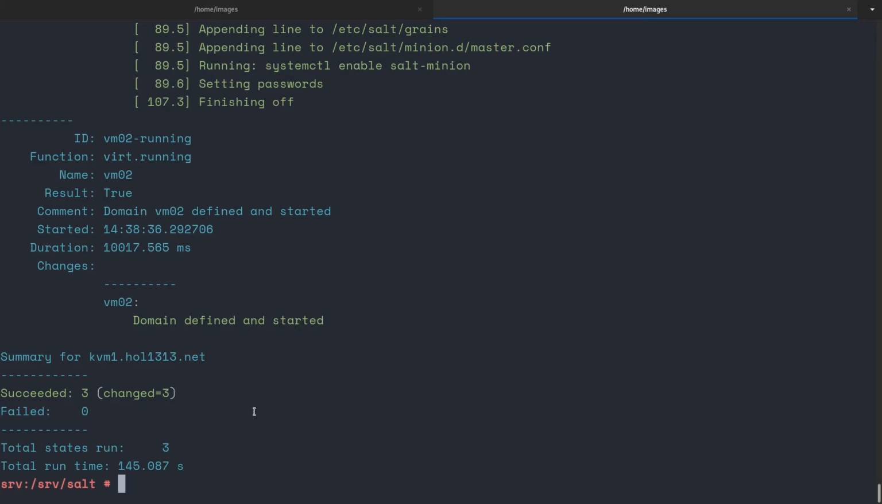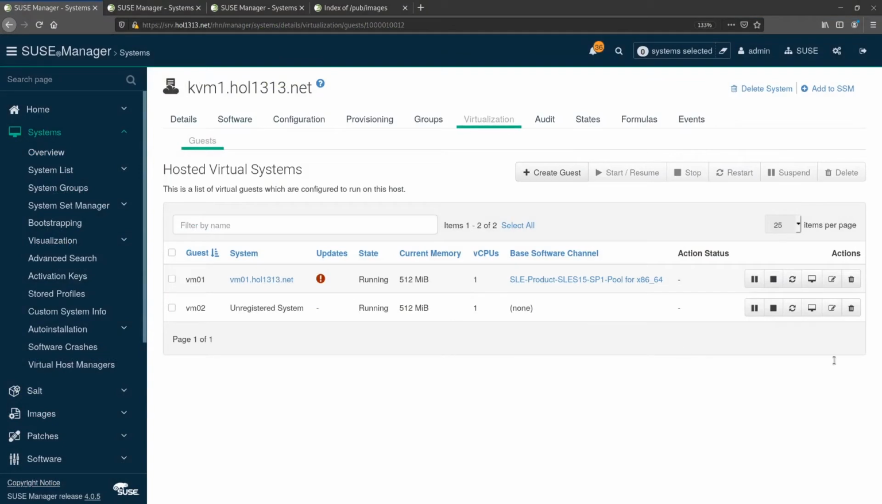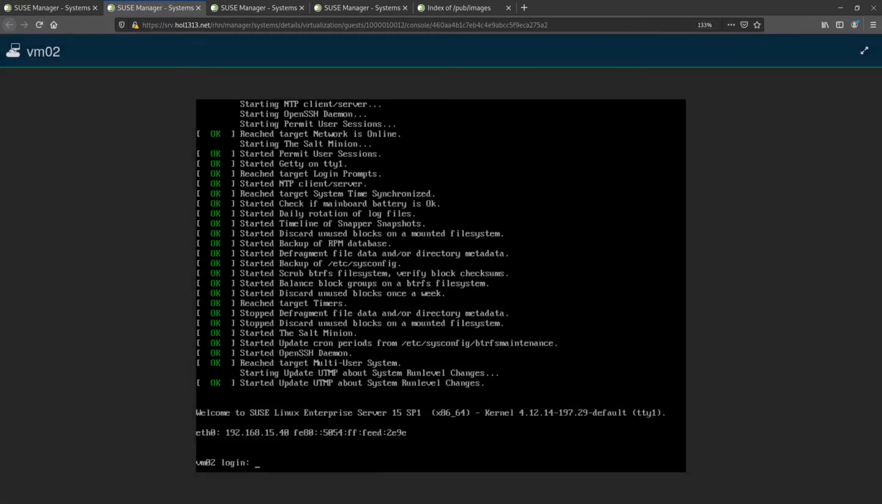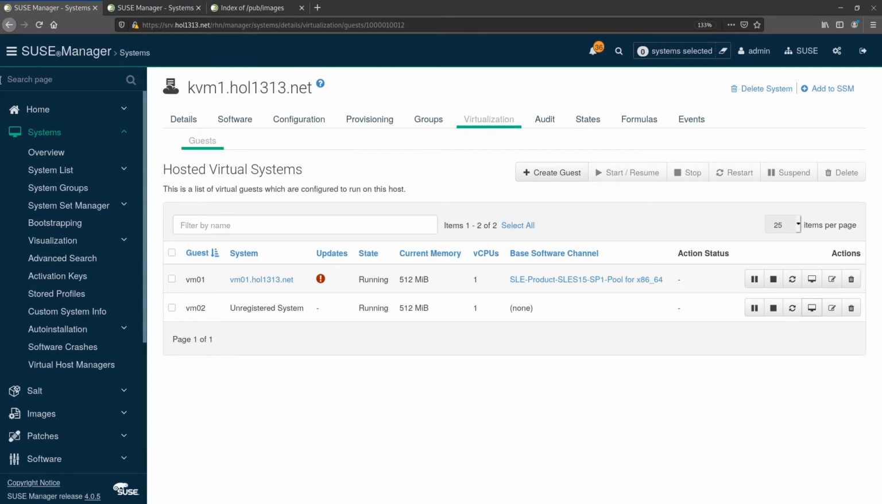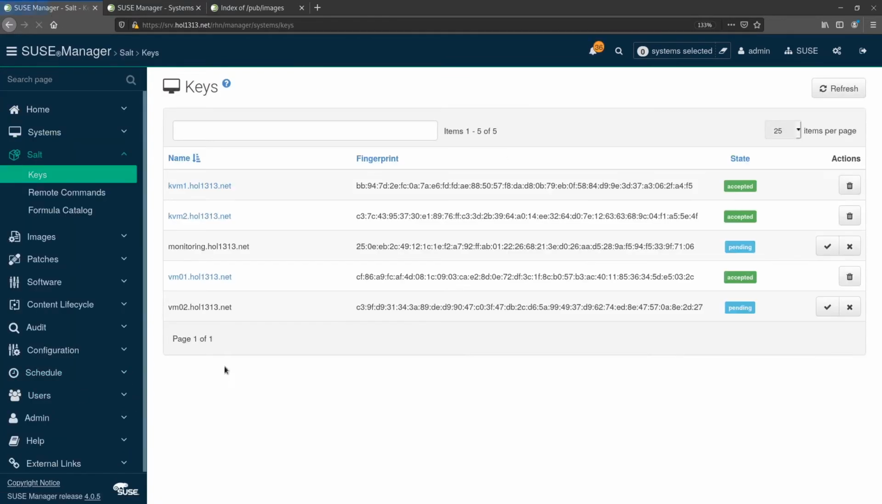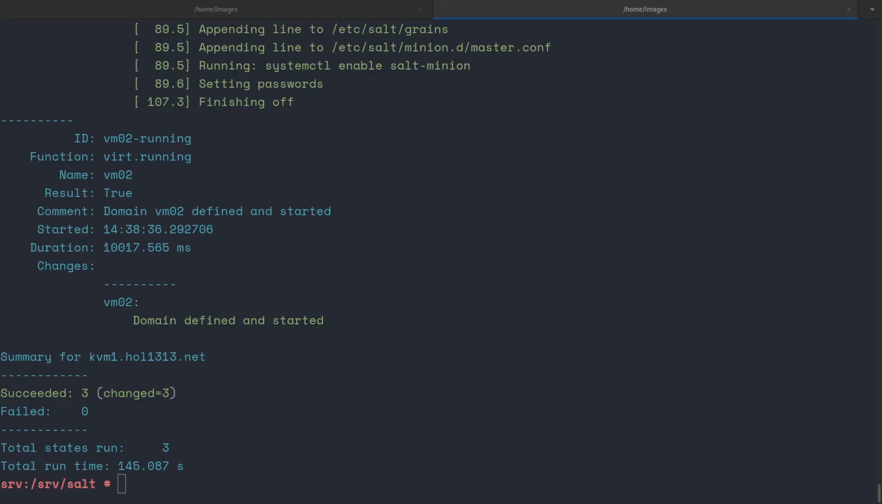Let's see in the console here. The VM is started. I can log in with root Linux, no problem. And check in here. We have the salt key. All fine. This is good,